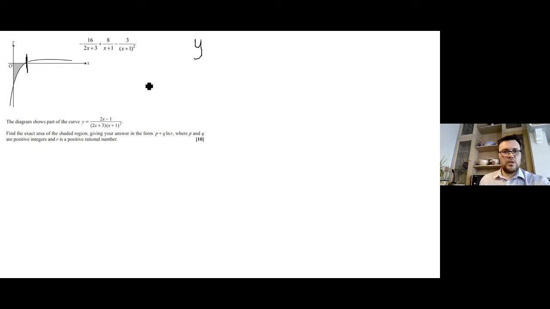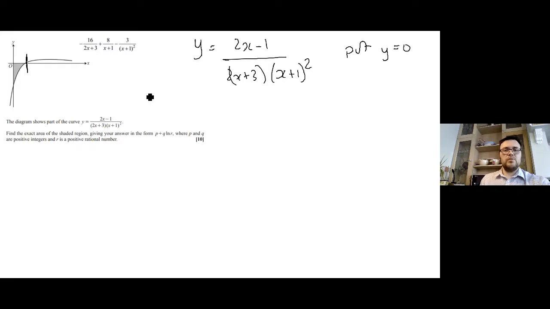If we take the original equation, y equals (2x minus 1) over (2x plus 3)(x plus 1) all squared, and put y equal to 0, then all of this will go over to the other side and will also be 0. So we're left with 2x minus 1 equals 0, 2x equals 1, x is equal to a half. So when we write this out, the limits are from 0 to a half